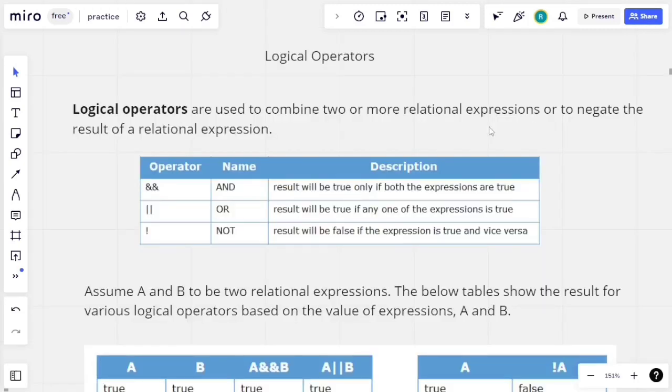So the next operator is logical operators. Logical operators are used to combine two or more relational expressions or to negate the result of a relational expression. लॉजिकल ऑपरेटर्स वो ऑपरेटर्स होते हैं जो किन्हीं ऑपरेंड्स पे वर्क ना करके एक्सप्रेशंस पे वर्क करते हैं। तो एक्सप्रेशंस पे वर्क करने का मेरा क्या मतलब है, इसे आगे हम एक एग्जांपल से समझेंगे।